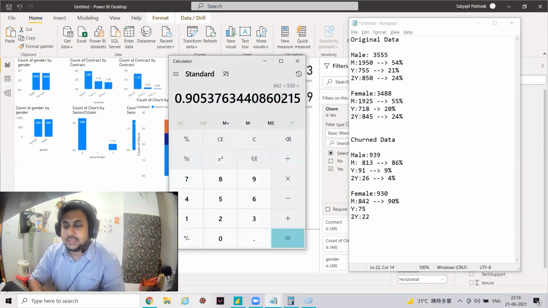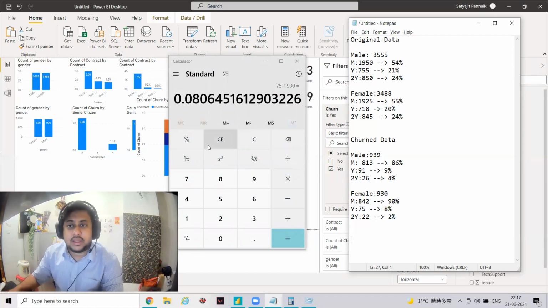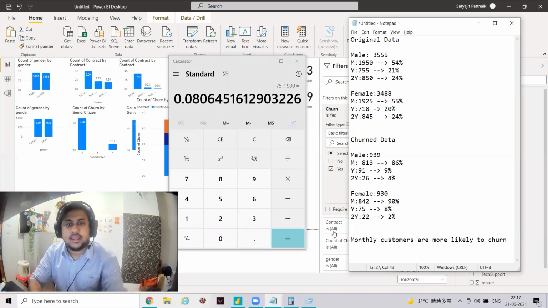90%. 75 divided by 930, 8%. And this is 2%. So our initial insight from the univariate analysis was monthly customers are more likely to churn, right? And from the gender data, we were telling that gender has no such importance because it was a 50-50 ratio, right? But after this bivariate analysis, we can see that